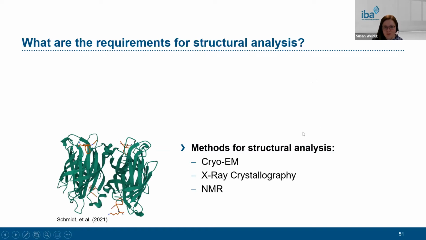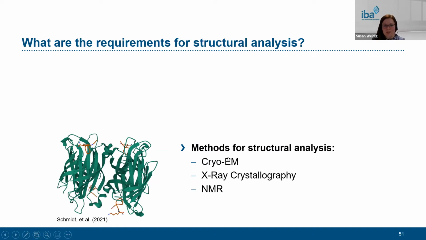Conventional methods for structural analysis are cryo-EM, X-ray crystallography, and NMR. Today, I will not focus on these methods in detail because our hosts for today are the experts in this case, but I will focus on